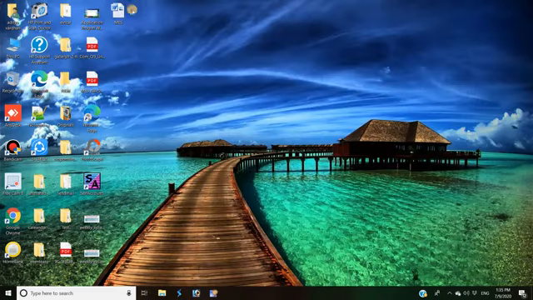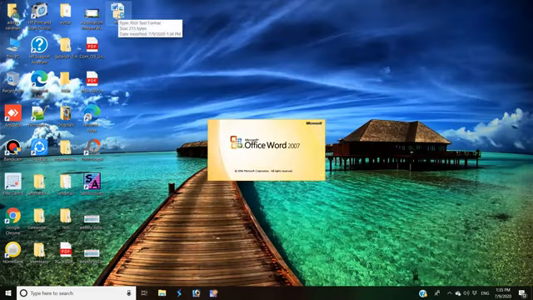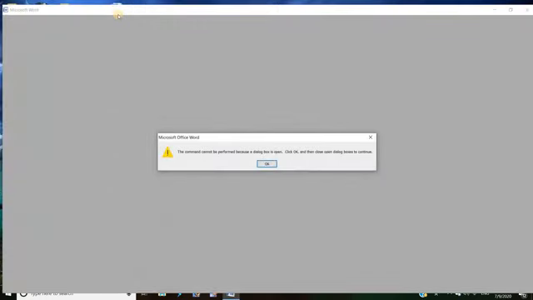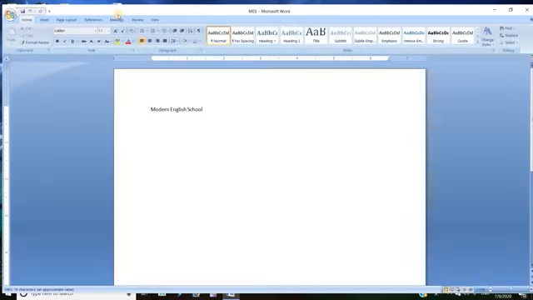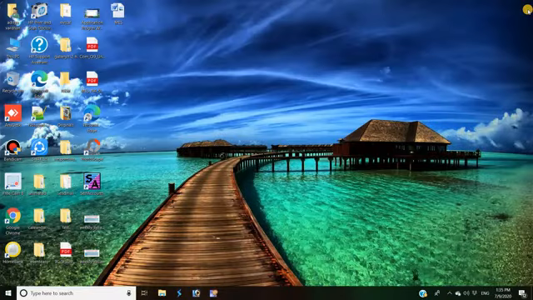Again, if you bring the mouse pointer here and double click over it, it will open the same file again. The file is now going to open in Microsoft Word. So after that, this is the component of the application program window.